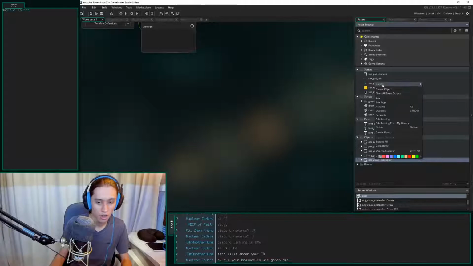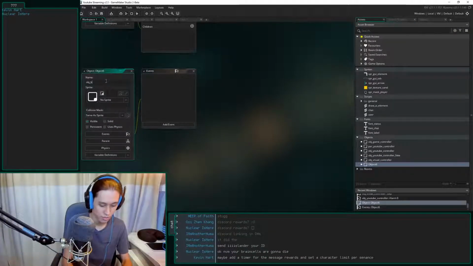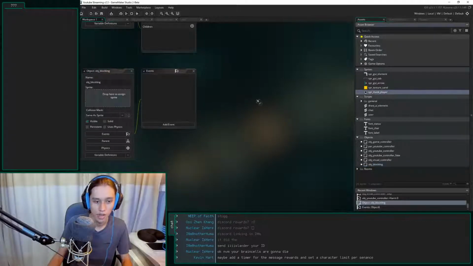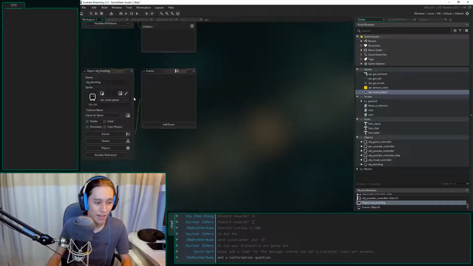Let's create an object, and I'm going to call this object blockling. Let's grab you, put you in there. What else do we have? Add a timer for message rewards, confirmation question, character limit per sentence, send Islander your ID. I'm thinking, yes, send Islander your ID, but there's funny things that you can do if it's just sending Islander your ID.